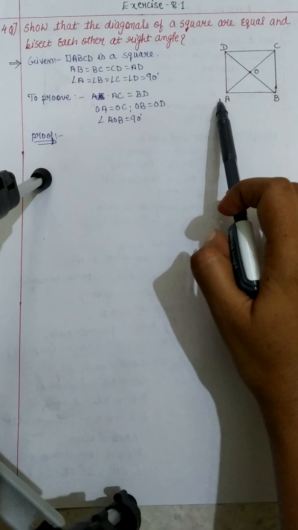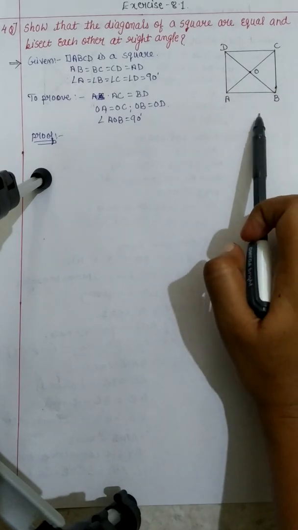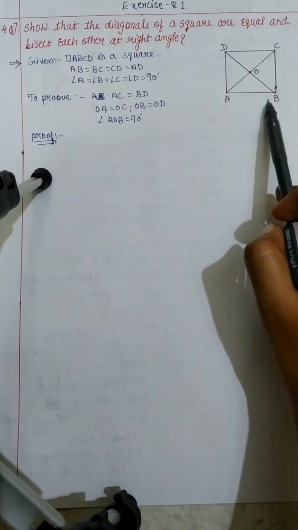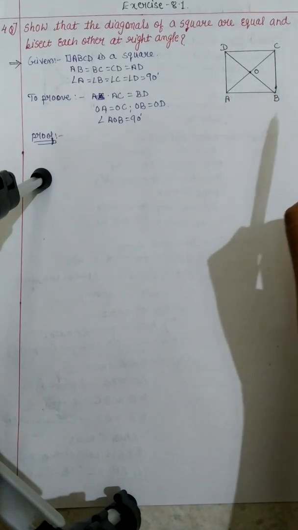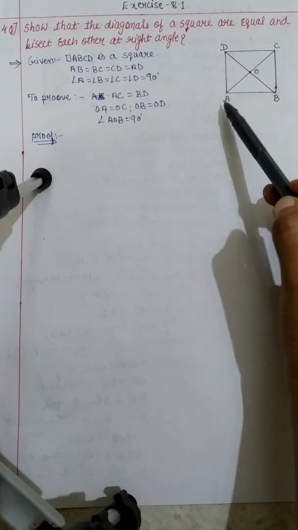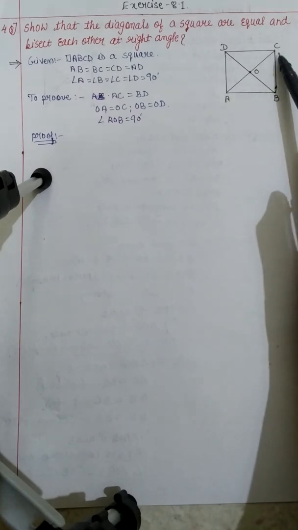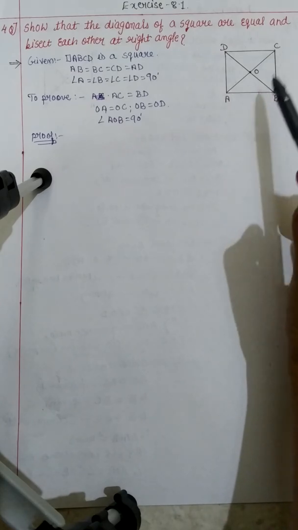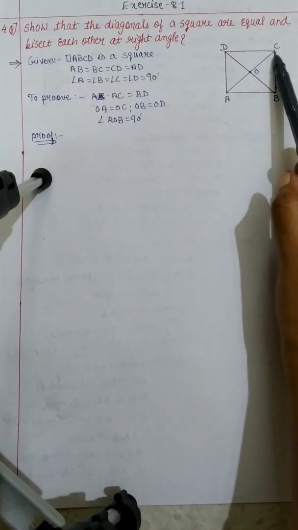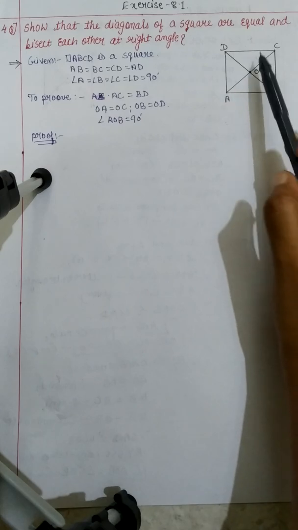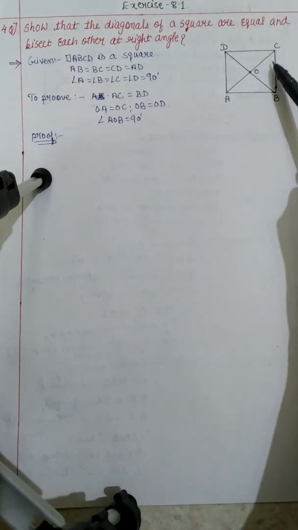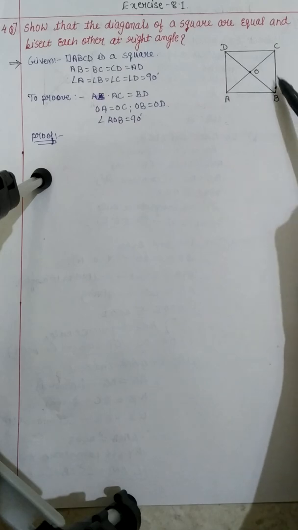Now, as ABCD is a square and all the sides are equal, first of all, I am trying to prove AC is equals to BD, that is, my diagonals are equal. Let us select the name of the triangle appropriately. So, the name of the triangle is triangle ABC and triangle DCB. When I take ABC, my AB side, and in DCB, my DC side. These two sides are equal to each other as ABCD is a square. Then second thing I can say that the side CB is equals to CB because they are the common side.